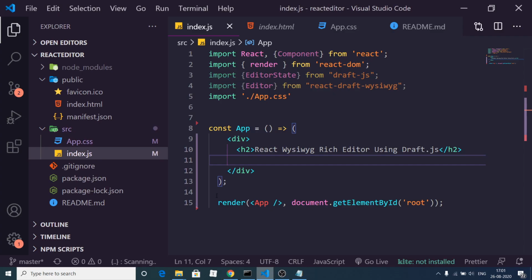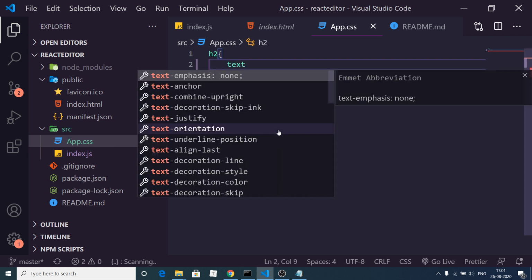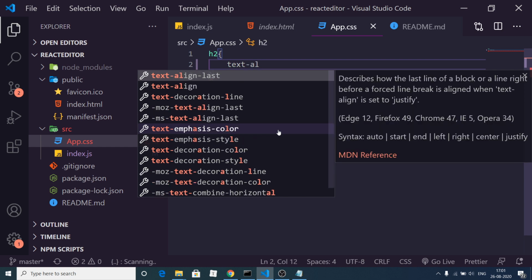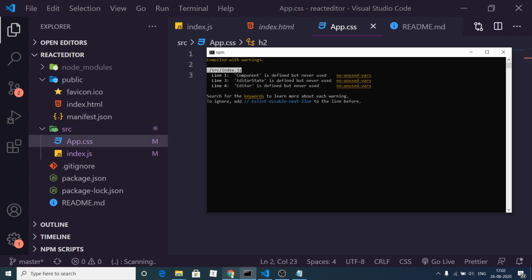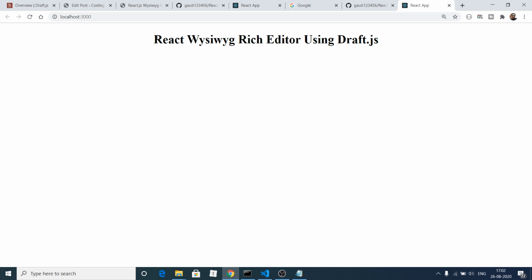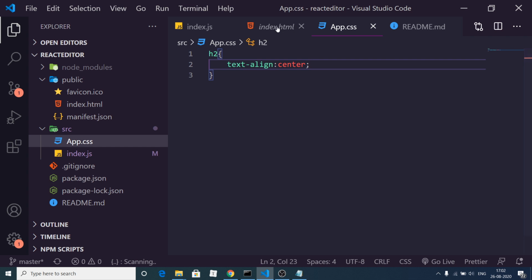Now to place it in the center of the screen, we can target h2 inside App.css. We can make the style text-align center. If I make this change, it will automatically restart the application and place this h2 heading in the center. And now what we want to do is create this